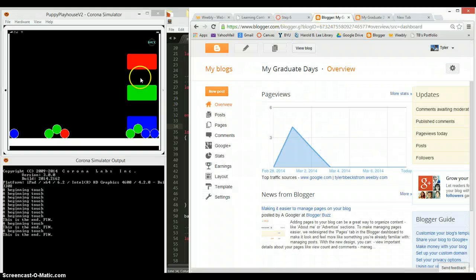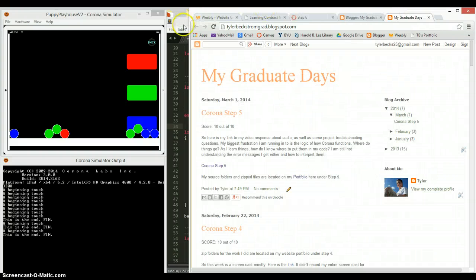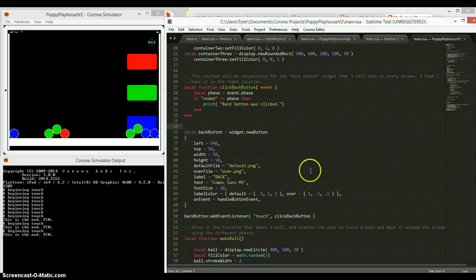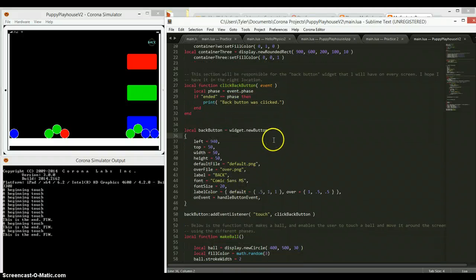I created the button. I want to eventually have it jump back to the home page, which I have yet to create. Sorry, I'm just cycling through here, trying to figure out where I'm going again. So right here, I will show you the button I created. I'm having trouble getting the print thing to work. It's supposed to, when the button is clicked, print down here saying back button was clicked. And I even added this event listener for when,